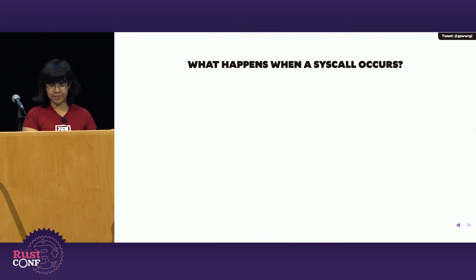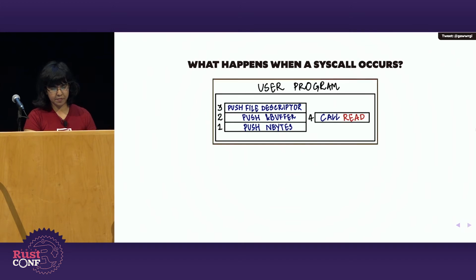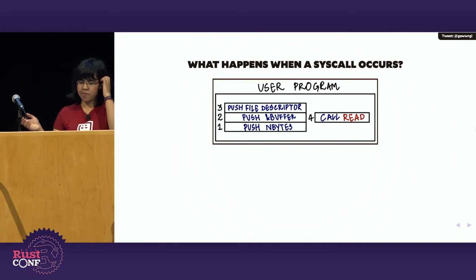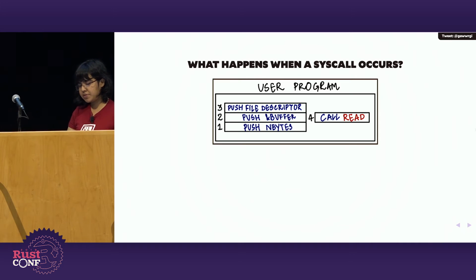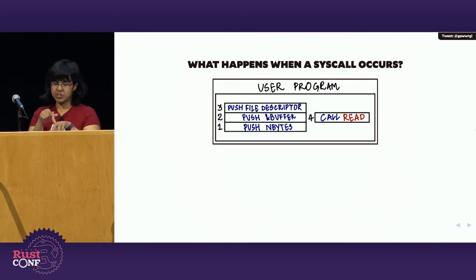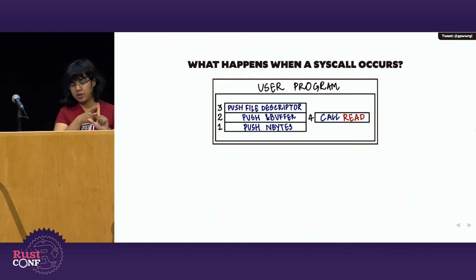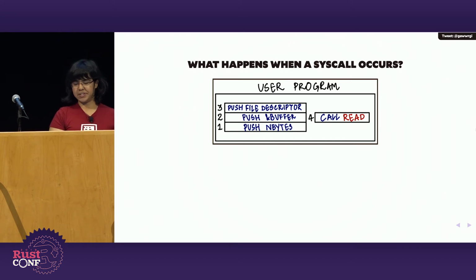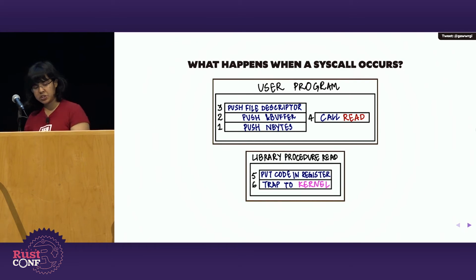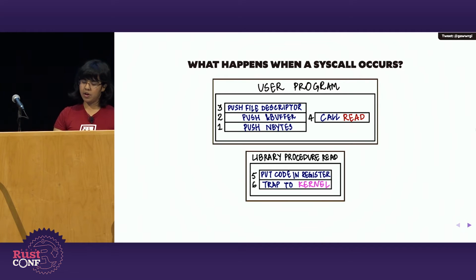So what happens when a system call occurs? Let's say we want to read from a file. The user program would push the number of bytes it wants to read, the buffer, which is the address of where it wants the result of the read to be stored, and the file descriptor into registers, and it will call read. And then it goes to a library procedure, which will put the code for the system